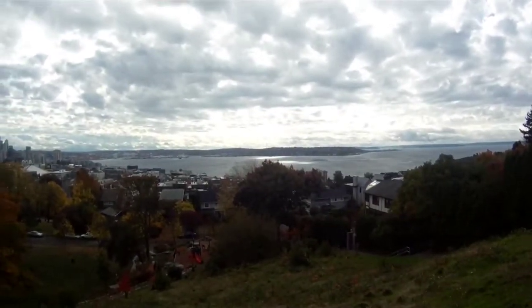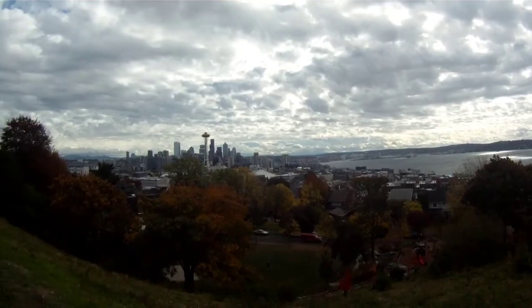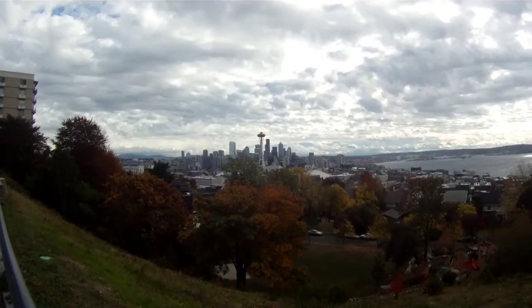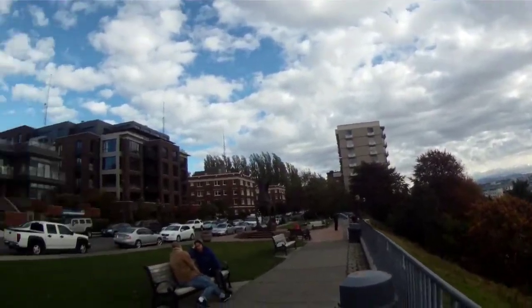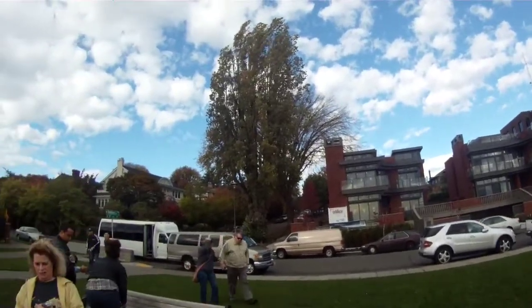So this is the skyline of Seattle. It's apparently the view from Frasier's apartment. But yeah, as you can see, Frasier doesn't live here. Apparently he's only ever been to Seattle once, and that was for the filming of the 100th episode. But behind me you've got some low-rise apartments and condos and...